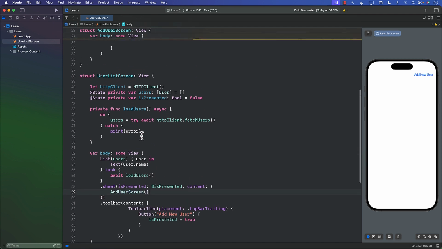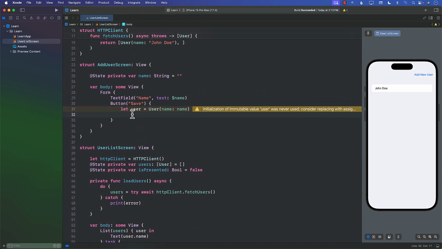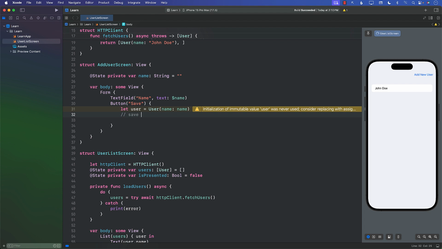Okay, good. But now comes the problem. When we display the add user screen, we can click on it and it does display the add user screen. The problem we are facing is when I enter something and save it. When you call the save button, we create the user, we save the user or host the user